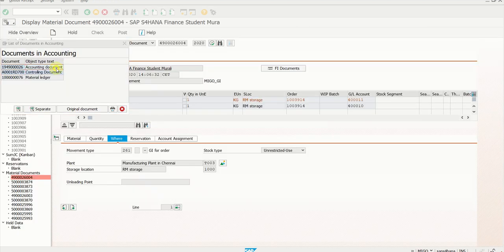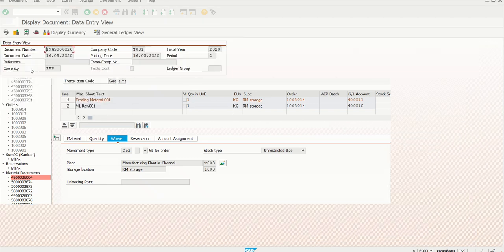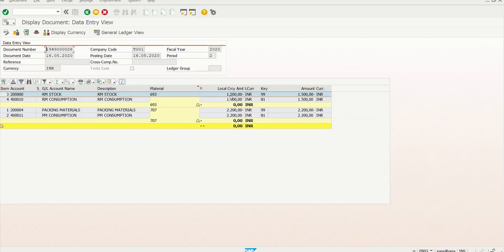Here we have to observe one thing. Even though the price has been changed, the system considered the price from the material master. The price we have changed is 1500, so the new price it is going to update. When doing the standard cost estimate, the price was 1200, and later because of goods movement the price increased from 1200 to 1500.